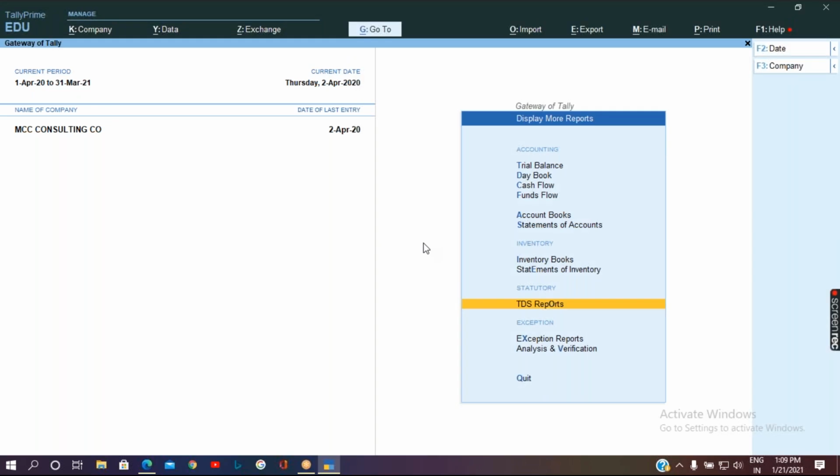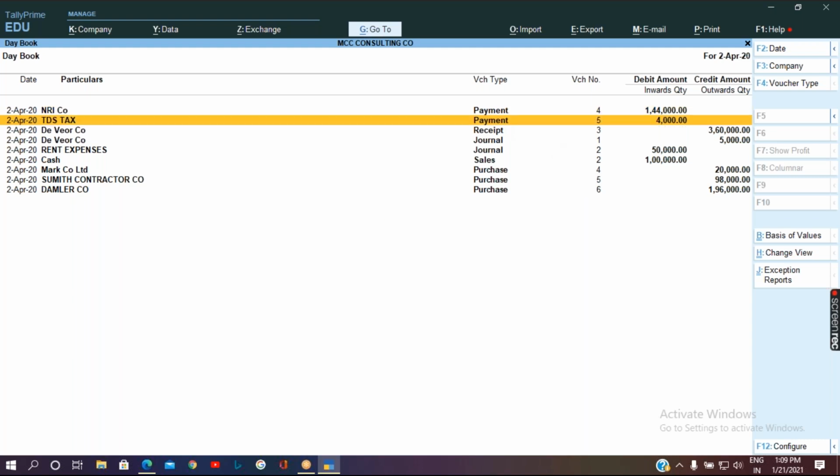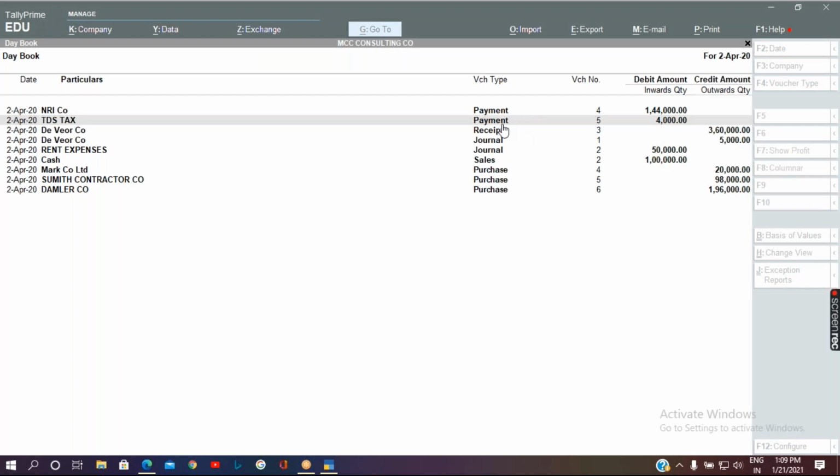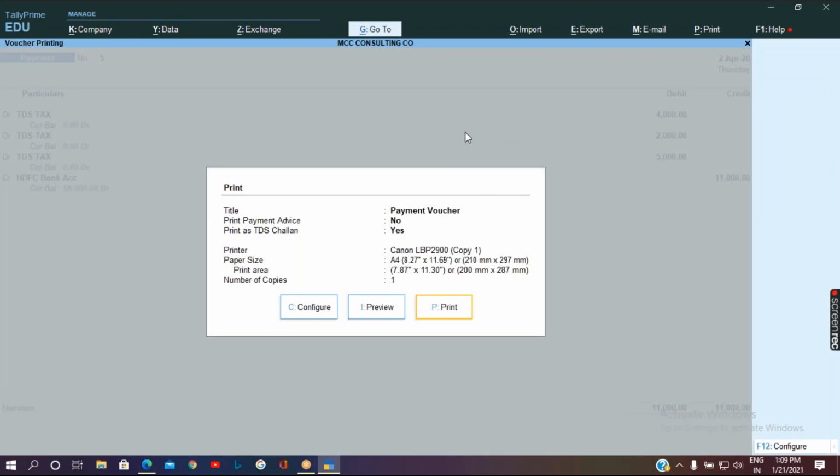So how do we print that ITNS 281 challan? You have to go to the TDS payment entry and press Control P and check the print preview.